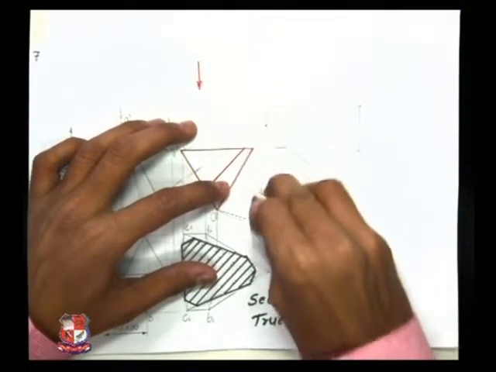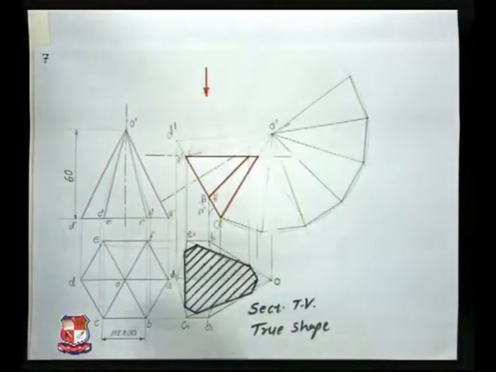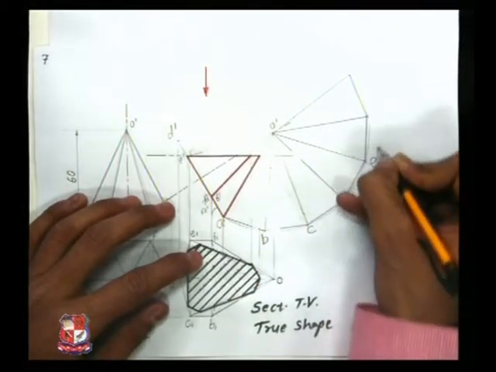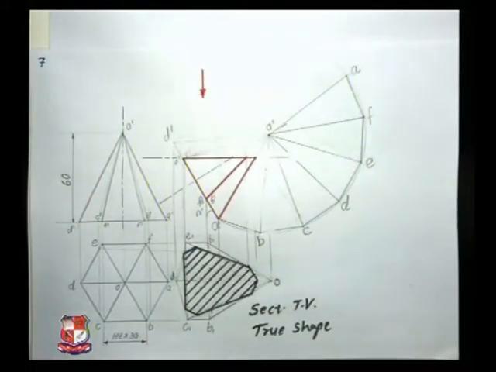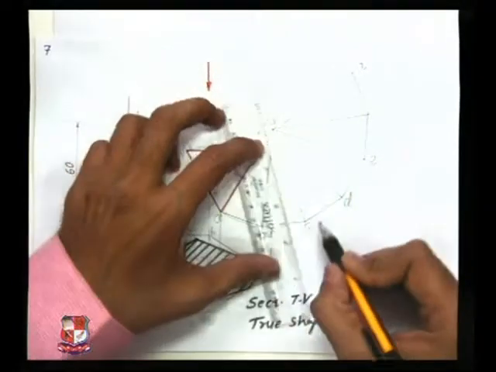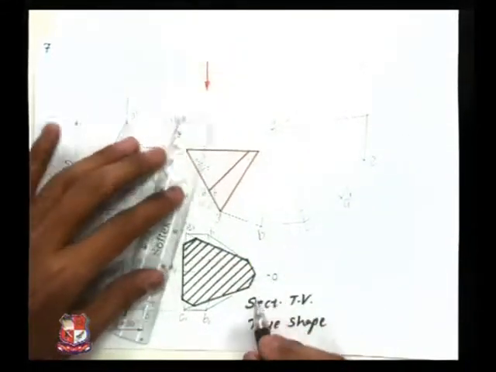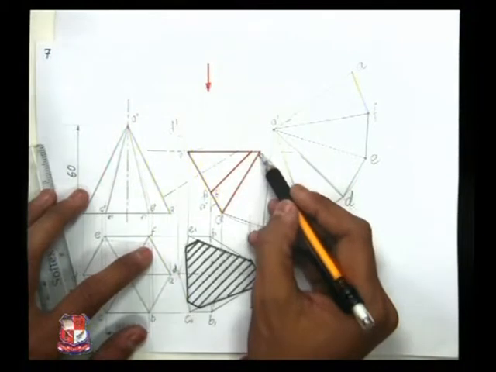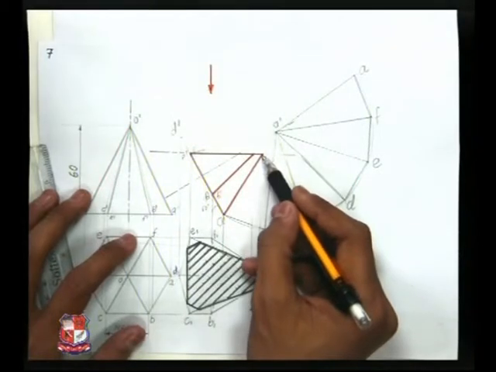Now erase this portion as it's not needed right now. Now name the points. Say this is point A, this is point B, C, D, E, F and back to A. 6 triangles. Now the next step, to find out the position of the points over these slant edges. So for that what should we do? On O dash A dash, here is the first point, and this is the true position of the point, or true length. O dash A dash is the true length. So this is the first point.